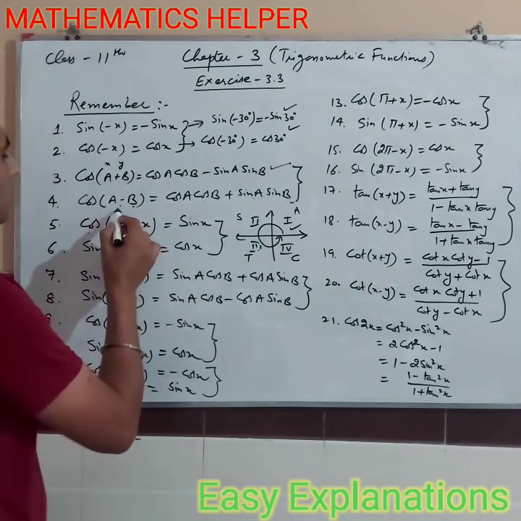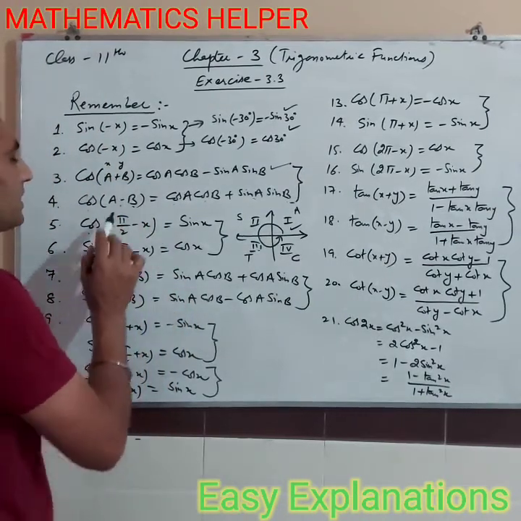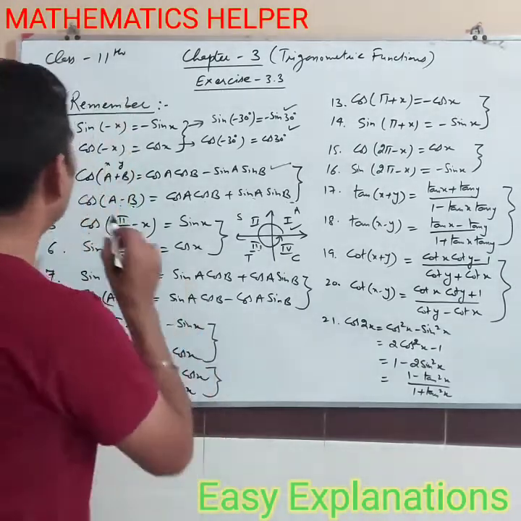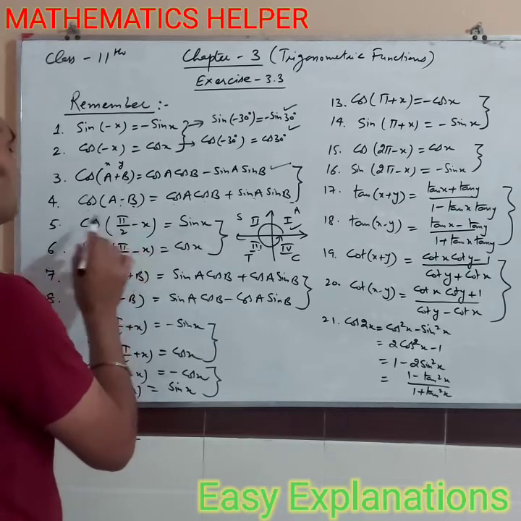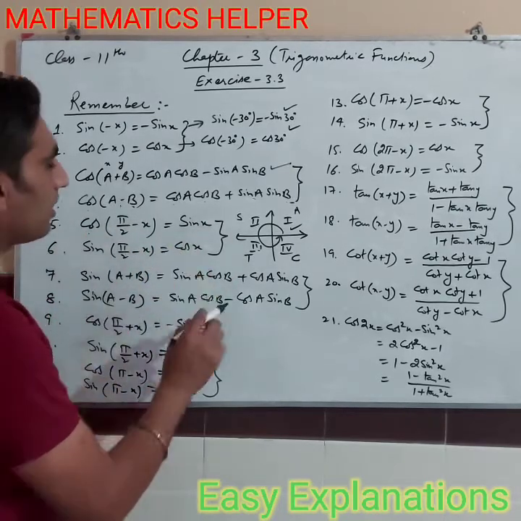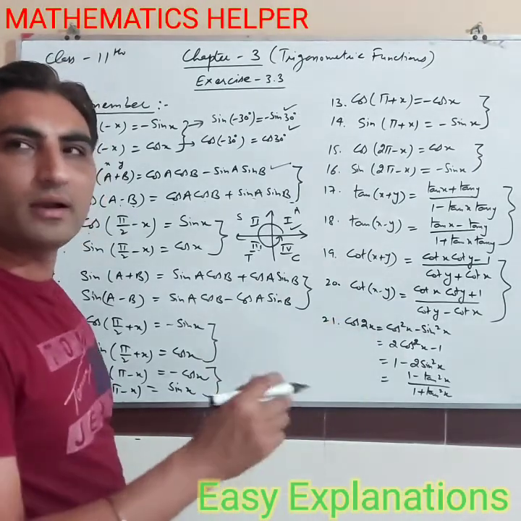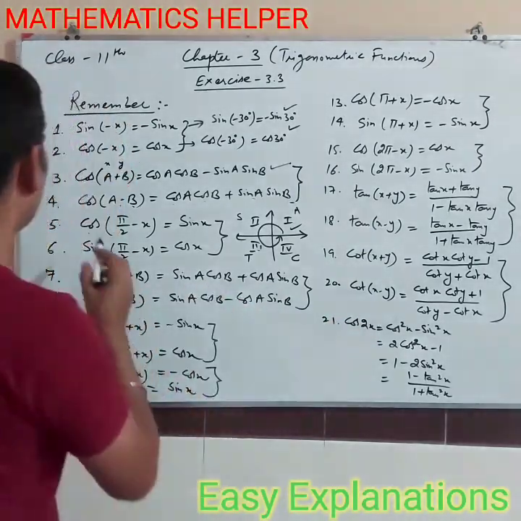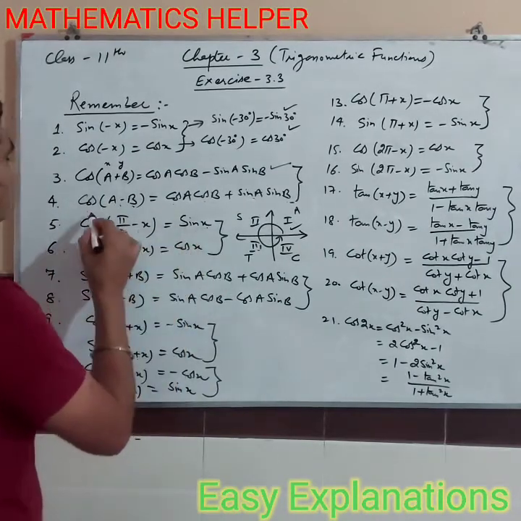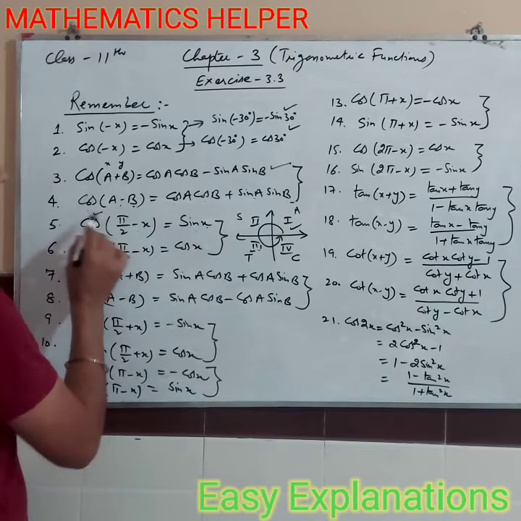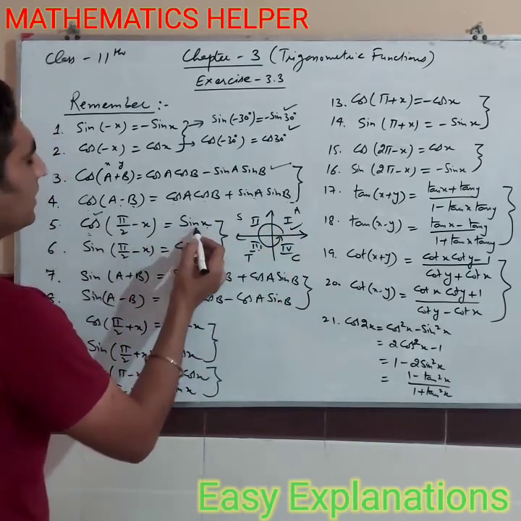All t ratios will remain positive. But I told you earlier, when you get 90 degrees, meaning odd integral multiples of 90, it is 1 into 90, integer into 90 degrees, then you have to change the names of t ratios. Sine into cos, cos into sine, tan into cot, cot into tan, secant into cosecant, cosecant into secant. Here you have cos, it will be sine, then only the angle, and cos will remain. This t ratio about which you are going to write is positive in the first quadrant, so only a positive sign